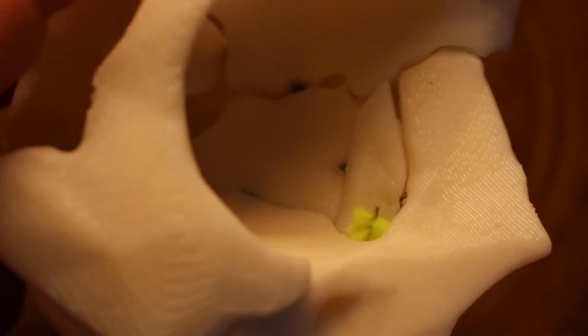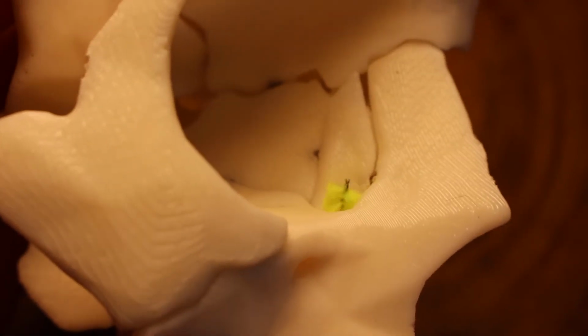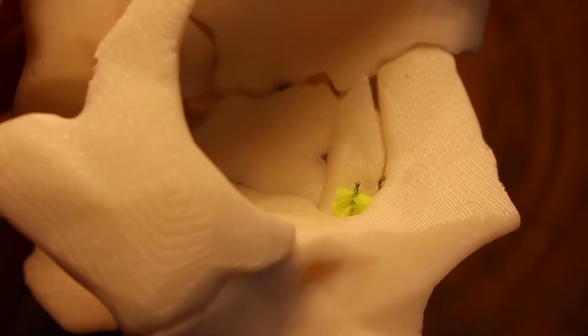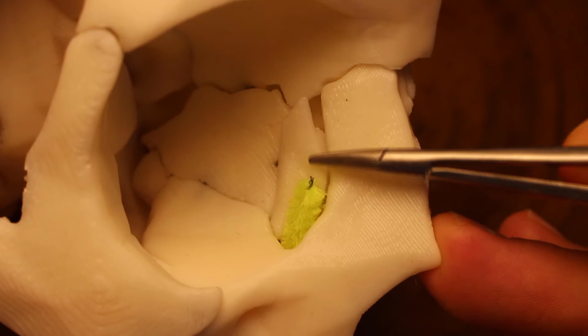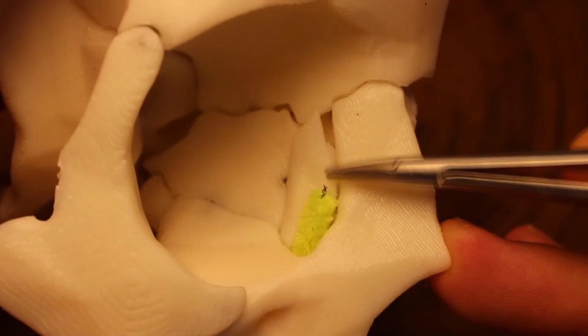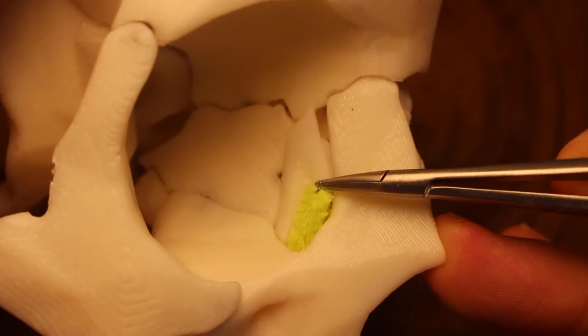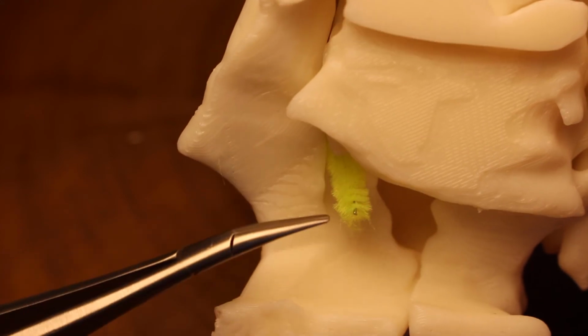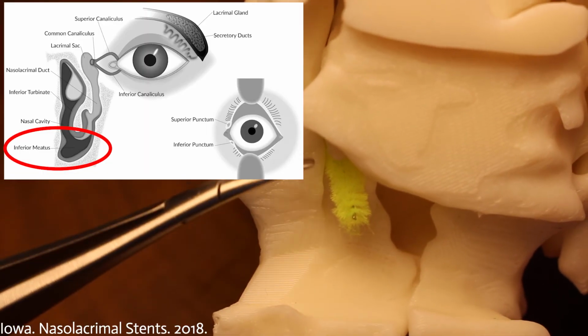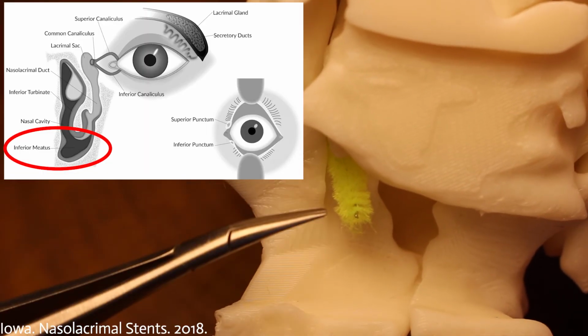The nasolacrimal duct has two separate segments, an intraosseous portion, which is approximately 12 mm in length, and a membranous portion, approximately 6 mm in length. The intraosseous portion enters via the lacrimal groove, highlighted here on our Atoms model, and descends the nasolacrimal canal, formed largely by the maxillary bone. The membranous portion runs in the nasal mucosa and terminates just below the inferior nasal meatus, which is difficult to visualize